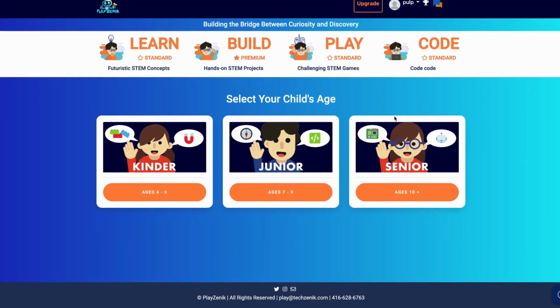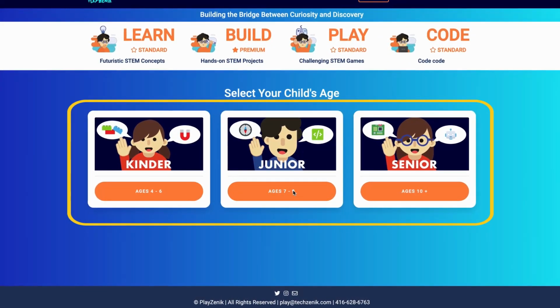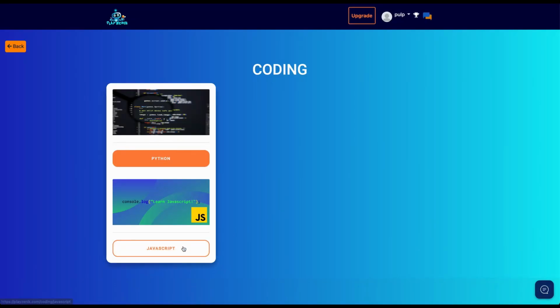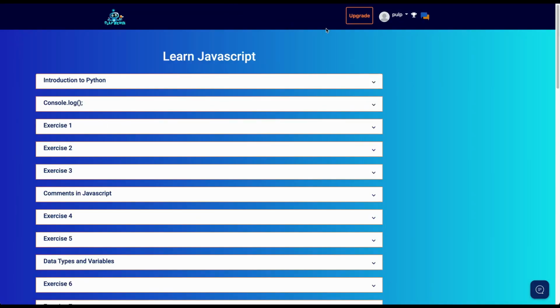Make sure you're logged into TechZenik.com. Select your age. Click Start Coding, JavaScript, and here you can follow along with all our examples and code along